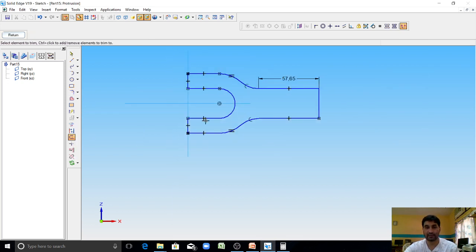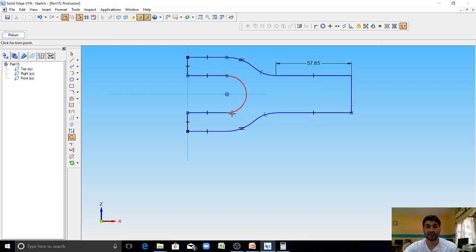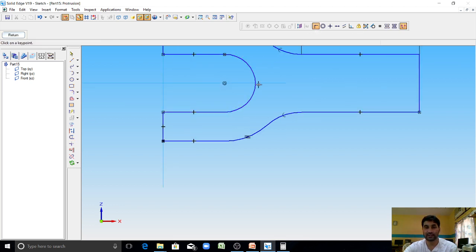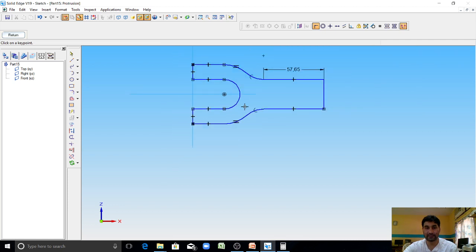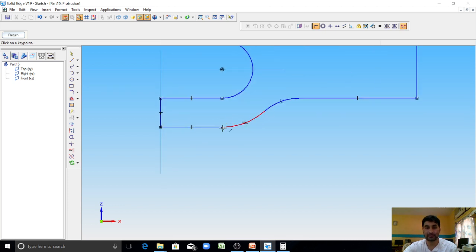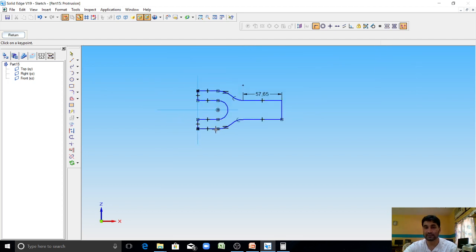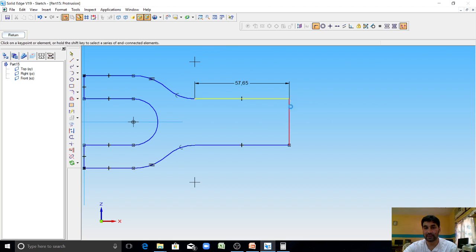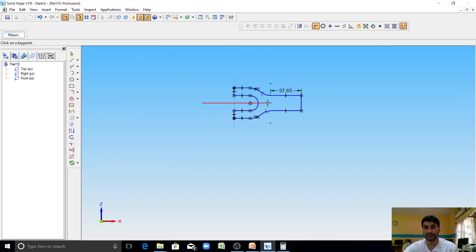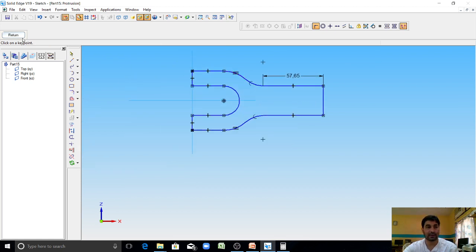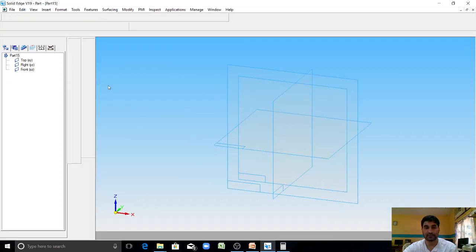This is also not required. So it is not connected here. Using connect option, connect the end point of this to the end point of this. Similarly, end point of this to the point of this. End point of this to the point of this. Connected now. Click on return.